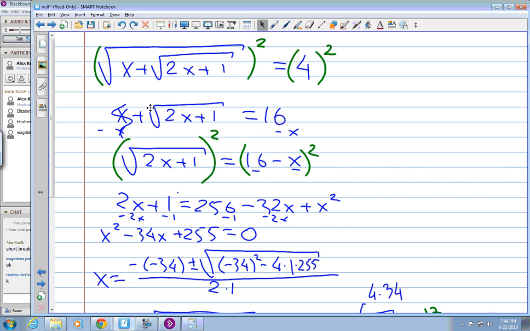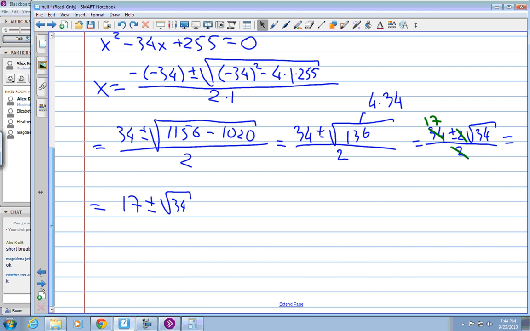Oh boy. Can't believe that. Well, no, it's just sad that I did that. See, this is why it's good. You see, I used those notes from the last class just to write the original question, but I don't look at it again. But anyway, so 17 minus square root of 34 works,